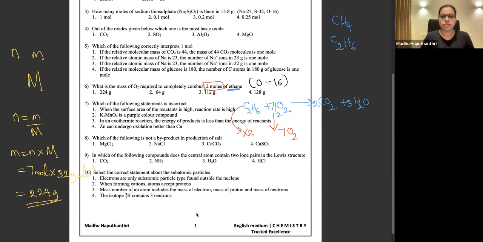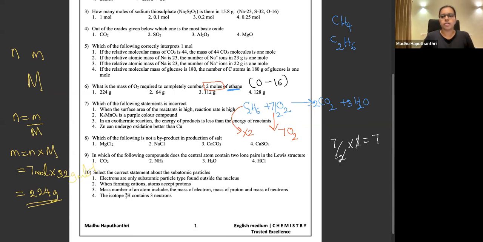Right, the work is correct. So the 7 oxygen part is coming here by multiplying the equation by 2. Right, because we have to account for 2 moles of ethane. So when you are multiplying this by 2, you have to multiply the equation throughout. So when you take 2 here, this is also multiplied by 2. So 7 by 2 times 2, the 2 and 2 cancel, and you get 7. That's how I got the 7. Is that clear to you now? How I got that 7?